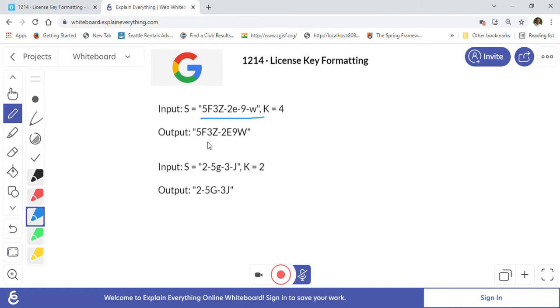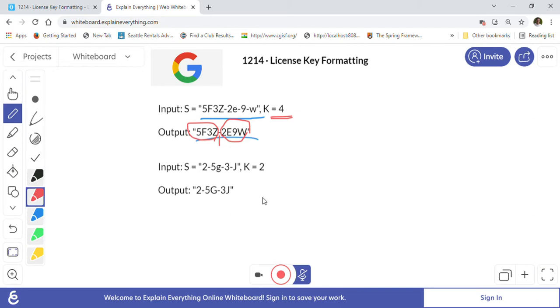After that we have to take groups of 4 characters from the backward side. K is 4, that's why we are taking 4 characters. After each group of 4 characters we insert a dash and then create another group of 4 characters, or fewer than 4 characters if it is the first group.